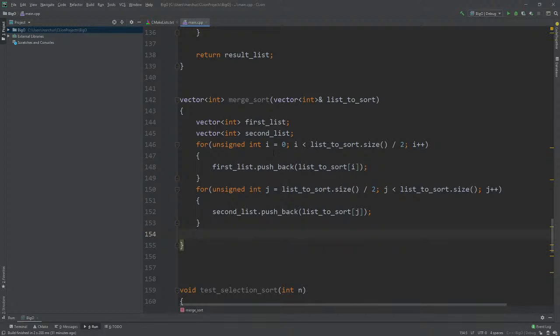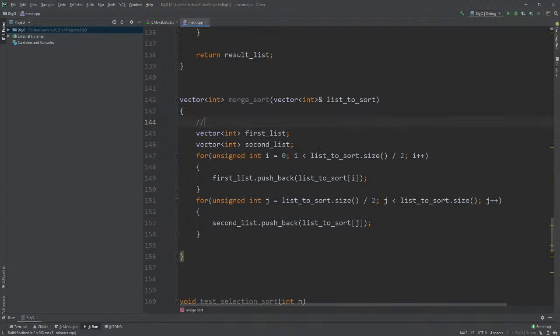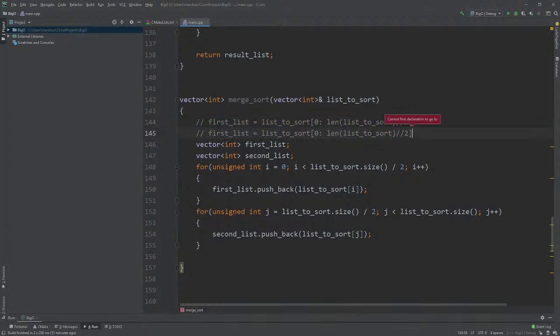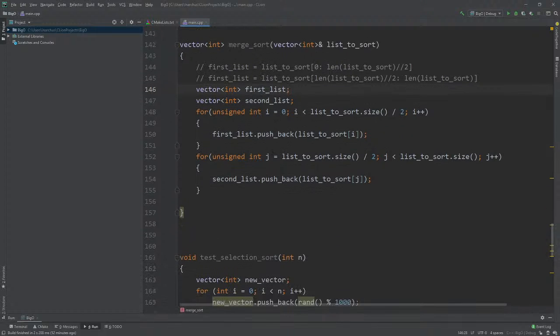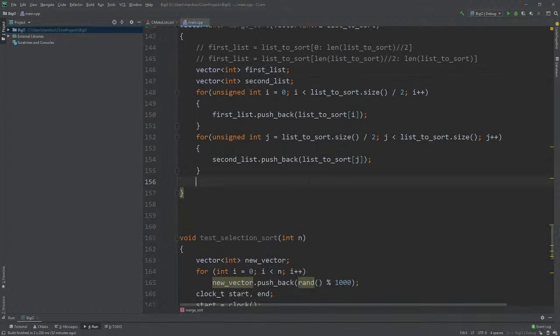In Python, this is really 2 lines of code, because you can just do something like first list equals list to sort from 0 up to the length of list to sort divided by 2, using integer division, and do the same thing for the second list. So this is the Python version, which is nice and really makes it short, but unfortunately with C++, I don't think Vector has any functionality to do this for you. It'd be nice if there was a slice. I don't think Vector has a slice. Anyway, once you've done this slicing business,